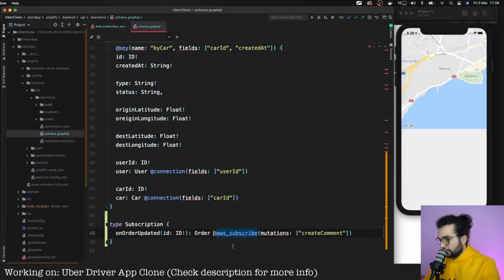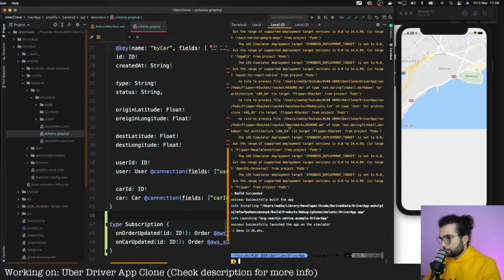That's gonna be an AWS subscribe for the mutation, not create comment, but update order. And that's the same thing for on car updated, ID, update car. Save.